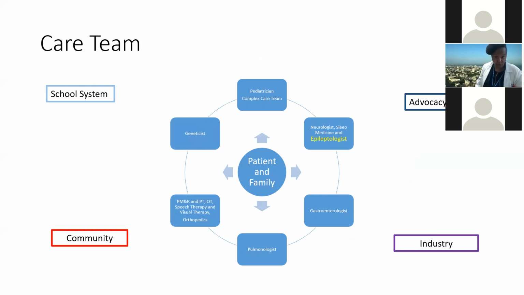We need neurologists, we need people to manage the movement disorder that they often have. These patients often have insomnia. They sleep during the day, they are awake at night. We need the sleep specialist. We need the pediatrician, and we need the complex care team, because these patients have silent aspiration, they have pneumonias. We need the gastroenterologist.